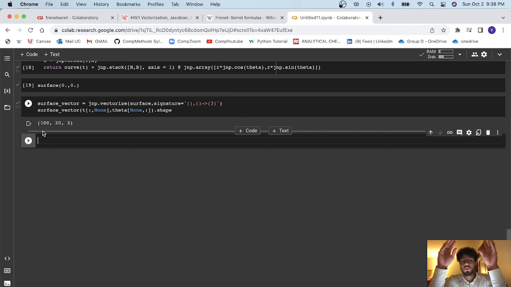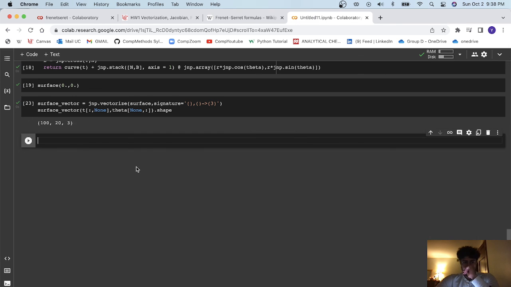And then from here, we're going to be able to make the coil around the helix going up in the t direction to calculate